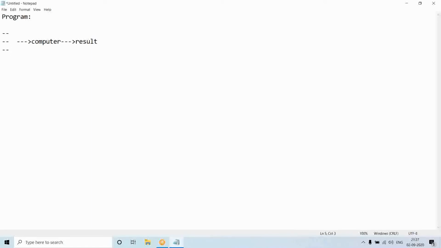Okay. So let us say I am giving some commands to you, like give your pen, give your book. Why will I give commands to you? Because I want something to be done by you. In the same way, I want something to be done by the computer, so accordingly I will give the commands. The computer will resolve these commands step by step and produce the result, answer, or output, whatever you want to call it. So a sequence of commands given to a computer to get some result is called a program.